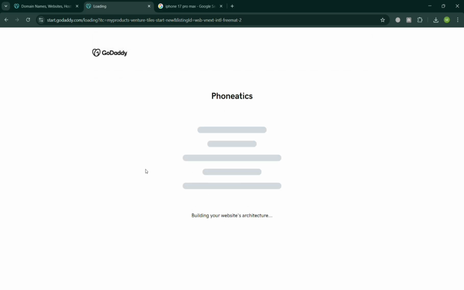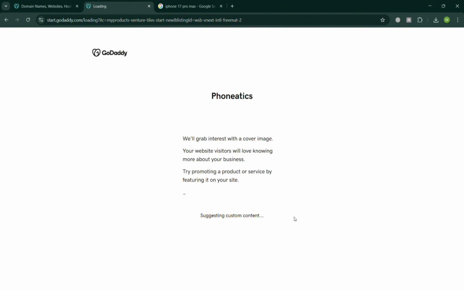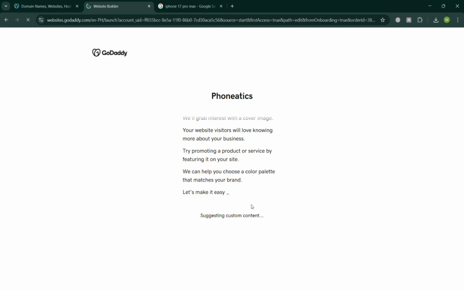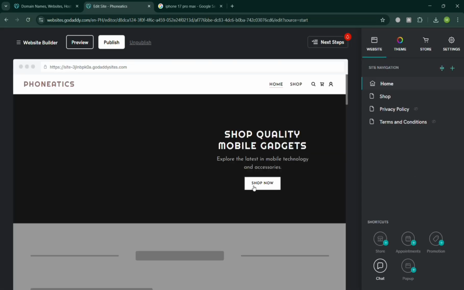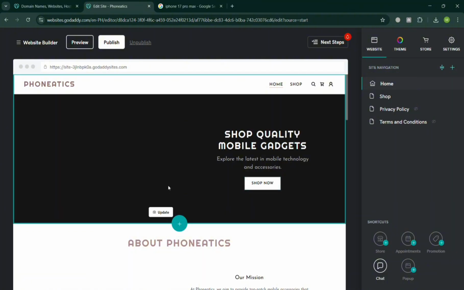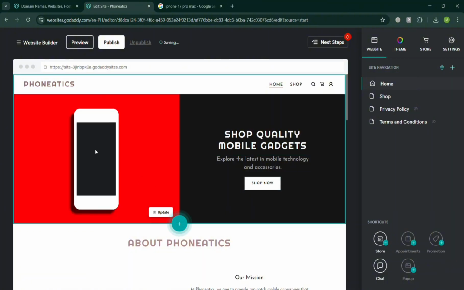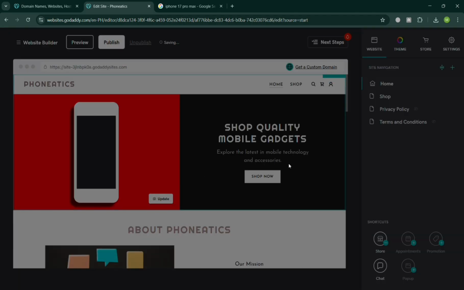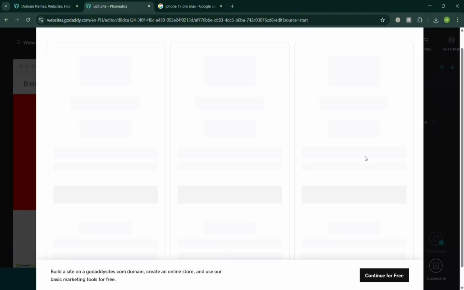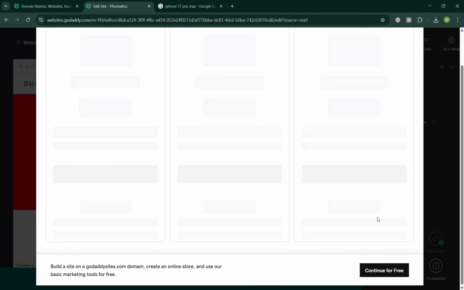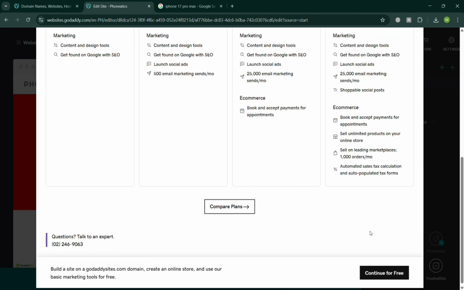After that, it will show you here that you have now successfully created your website. All you need to do is wait for it to load, since it is creating all of your suggested info. Once done, it will show what your website looks like. From here, you can start customizing it, including some of the text and the images. All you need to do is click on it and navigate the right side panel to see some of the editing tools that you can change, including customizing the homepage, shop, privacy policy, terms and conditions, and many more. It will show you on this pop-up window some of the plans that they offer,